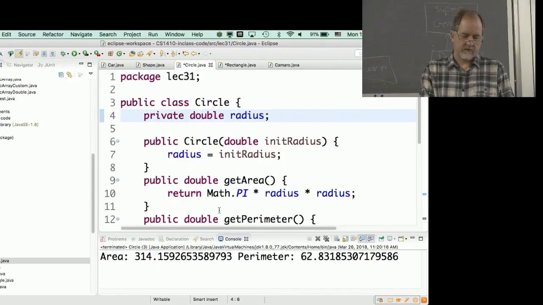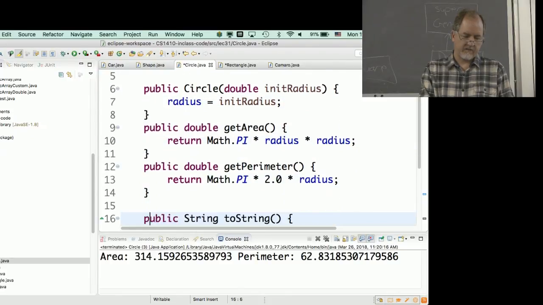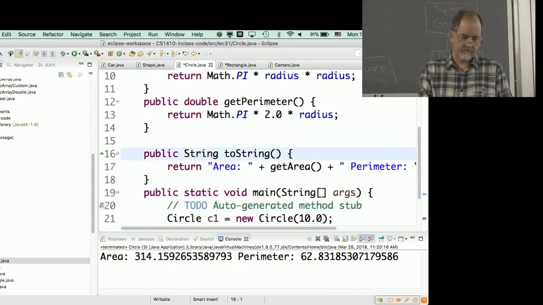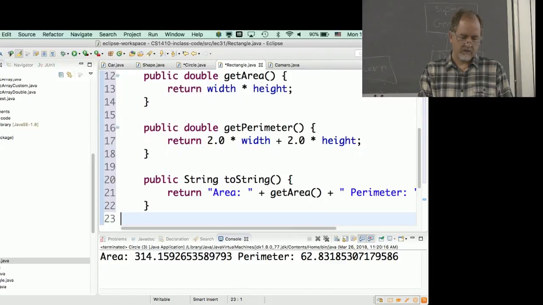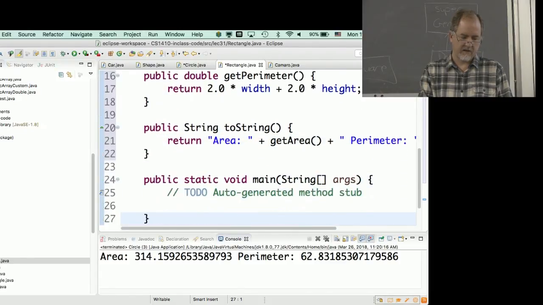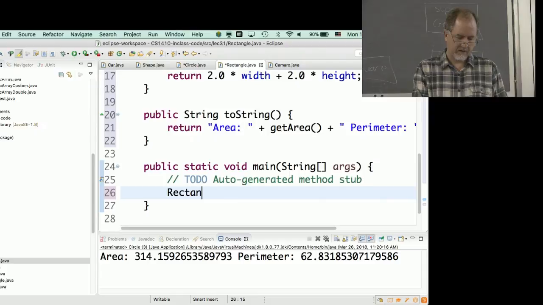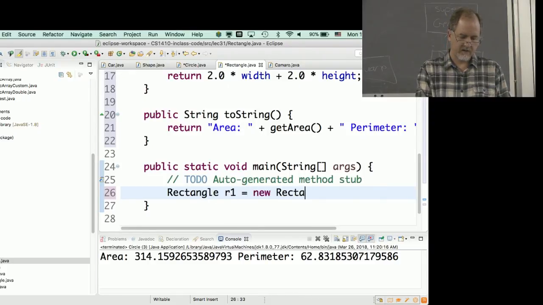Notice this toString would work over there because I'm calling get area and get perimeter. I'm not trying to do the math inside the toString, and I'm not trying to send out radius either. So if I were to do this toString and make a rectangle r1 equals new rectangle with width and height, and I run this,